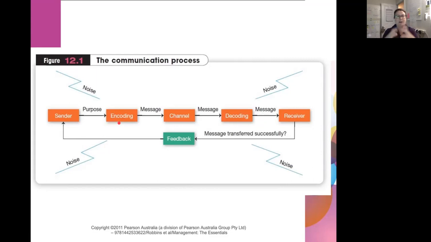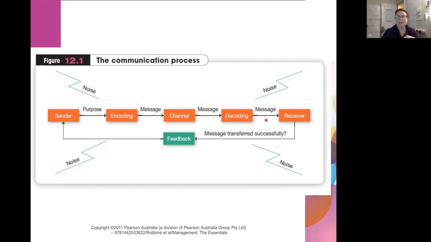So I'm going to encode my message in some way by drafting a message to you. I'm going to think about how I'm going to ask you to do that. I'm going to describe what the task may be, and maybe think about the tone that I want to communicate to you. Then I've got the actual message that I'm sending to you via a channel. In this case, we're talking about an email. That message then gets through and is received in your inbox, where it's transferred from the cloud or wherever and is decoded onto your computer, and then you receive it.